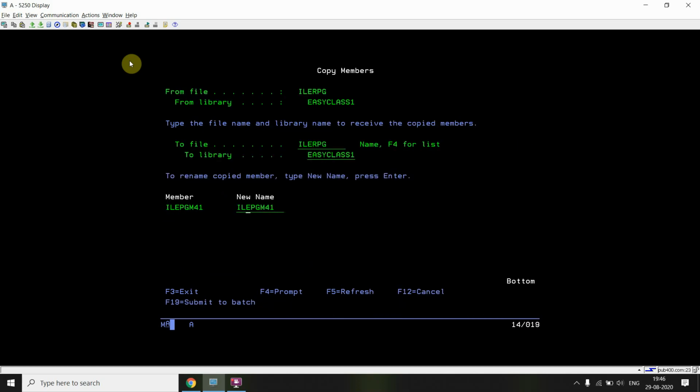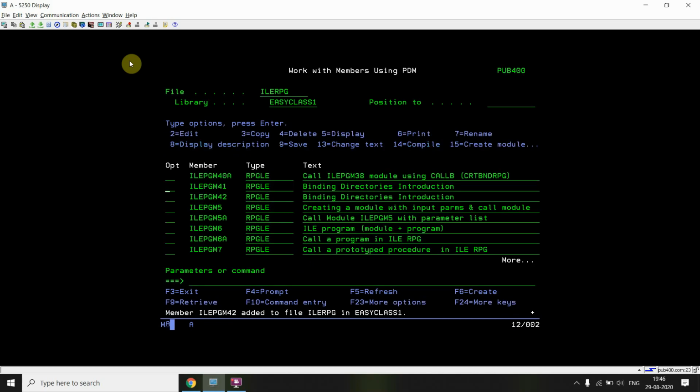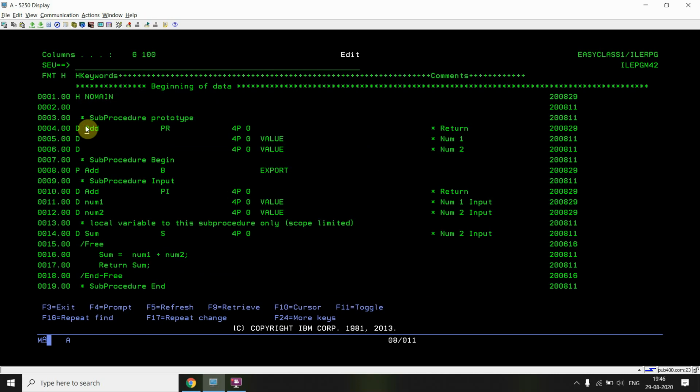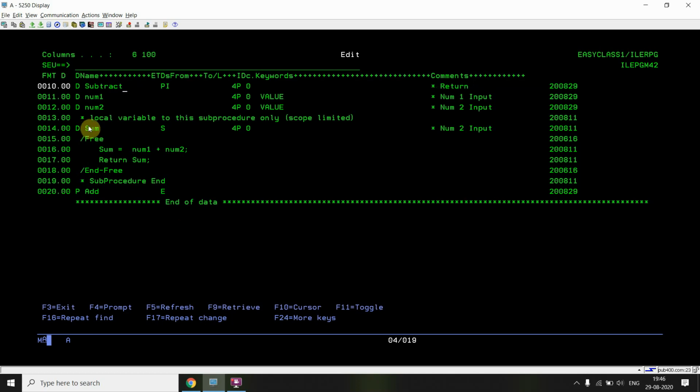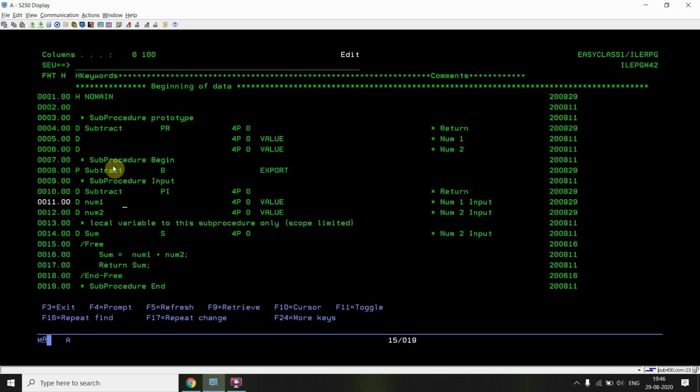So just create another module using the same, ILE PGM42, where I'll be defining the subtract procedure. So we can see that there is no main procedure here. Whatever procedures are defined are only sub procedures. So here only one procedure is defined, subtract. What subtract will do is take two numbers as input and return the difference.